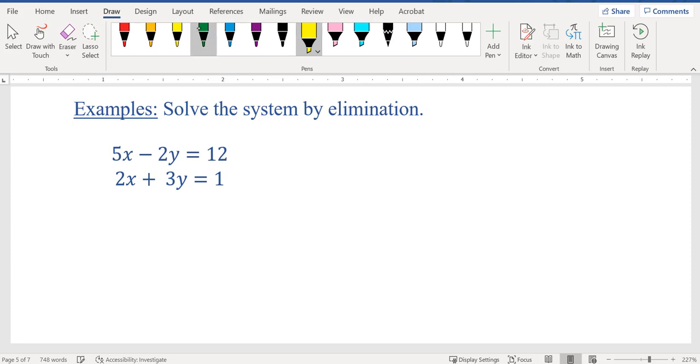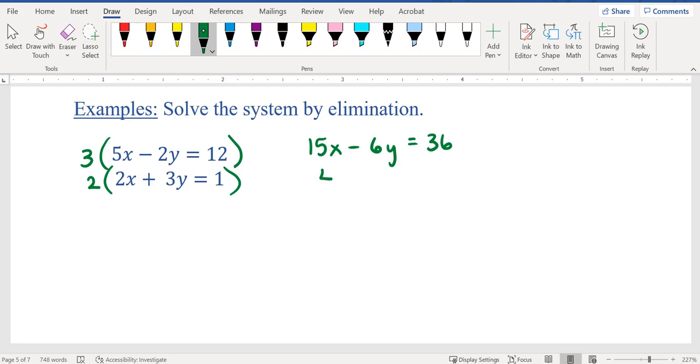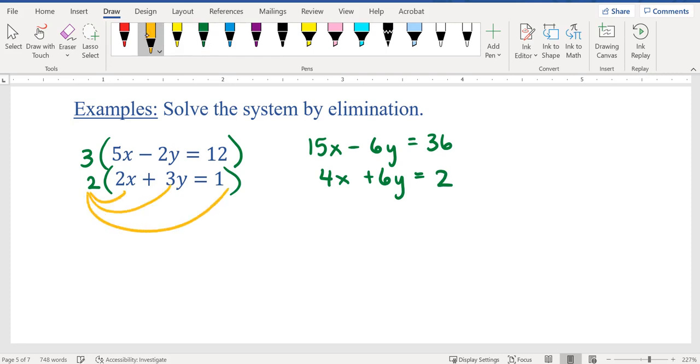If I were to multiply the top equation by 3, I would get 15x minus 6y equals 36. If I multiply the bottom equation by 2, I get 4x plus 6y equals 2. Don't forget when you're distributing that you also distribute to the right-hand side of the equal sign. Okay, now if I add those two equations together,